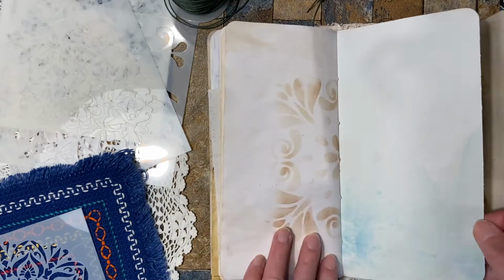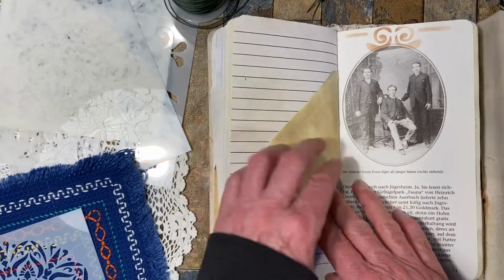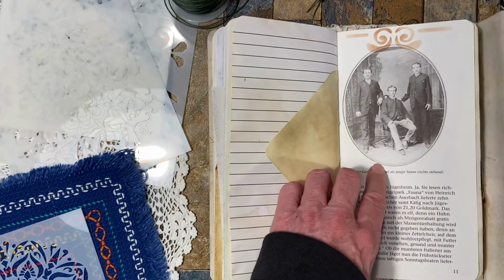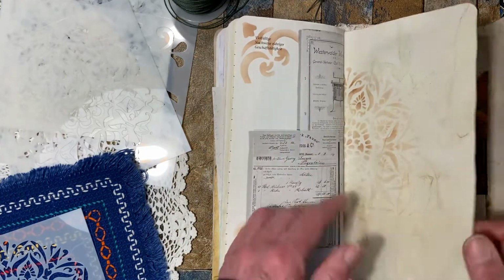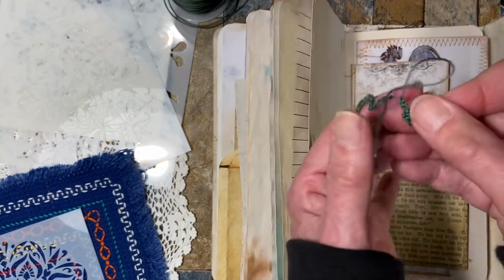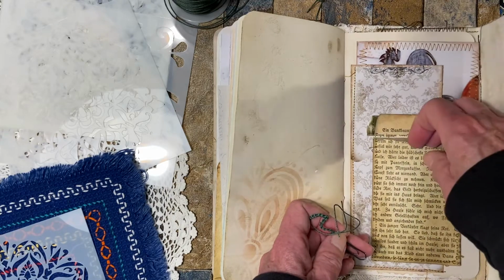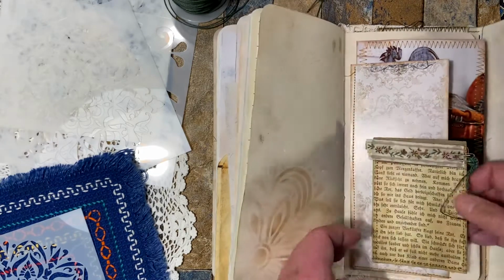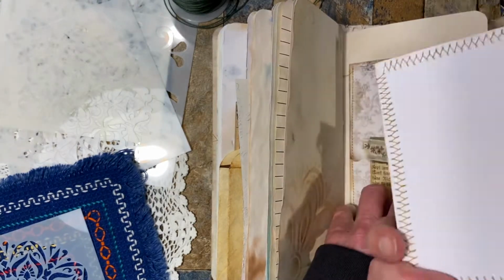Nice stencils, I really like them. So that's more of that company. That's the owner family. And here I made again some small pocket with some very old book page and some trim, and it's a pocket, and behind there I made this one for writing,